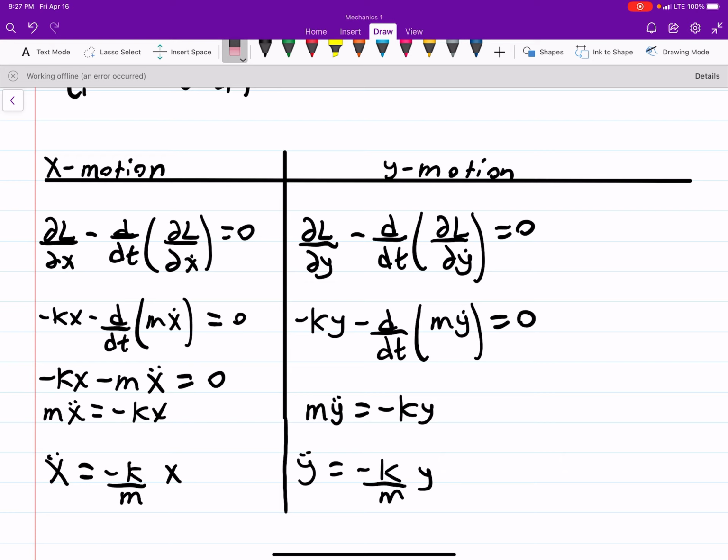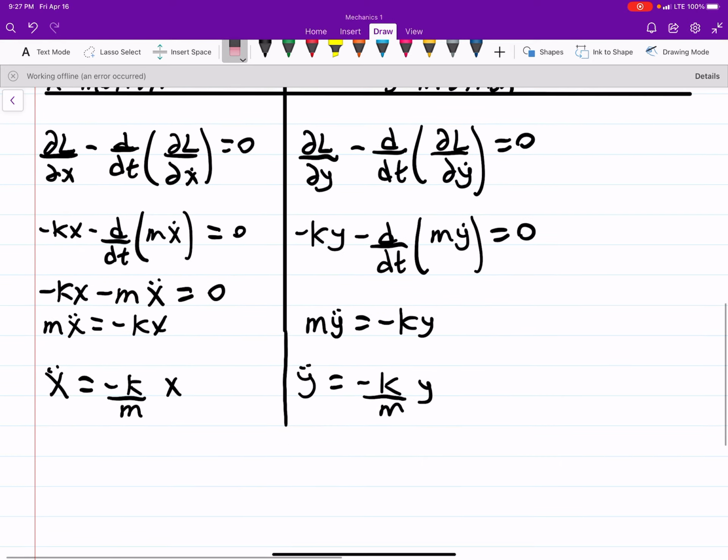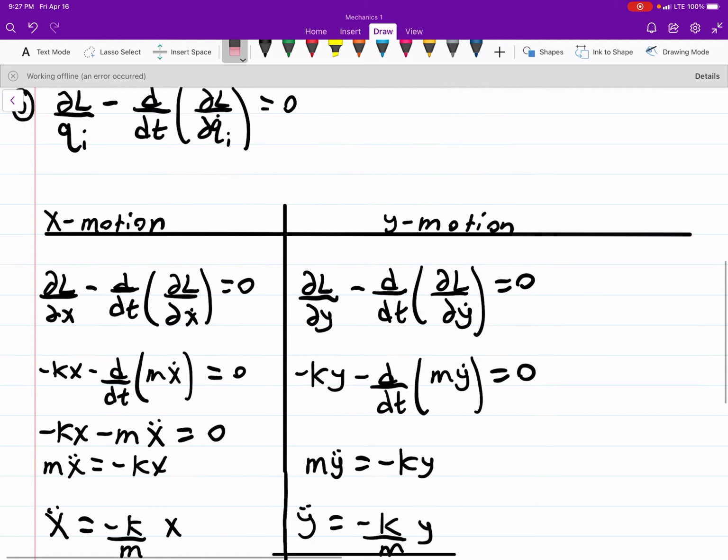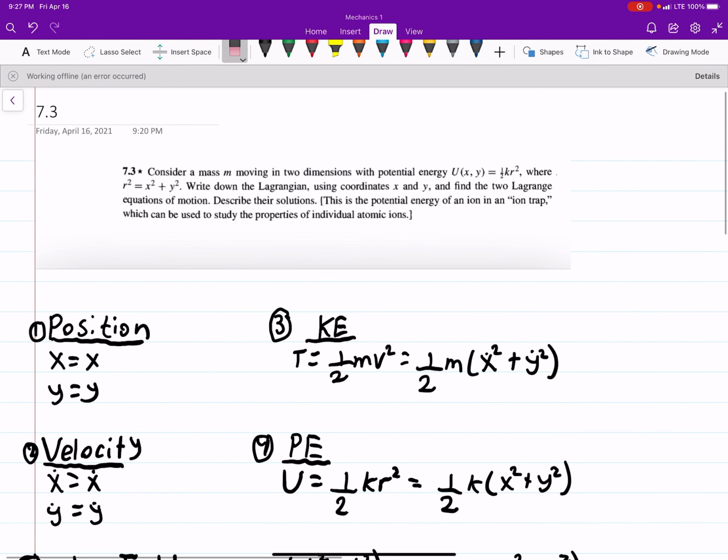If you wanted to, we've done this before. In fact, in the previous problem, we gave a general solution to this differential equation. So if you want the actual x of t, y of t, then you can look back on that. But this is really all the, I guess you could say, meat of the